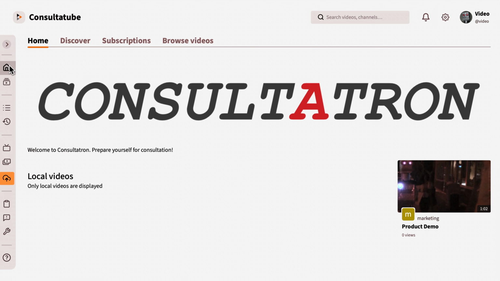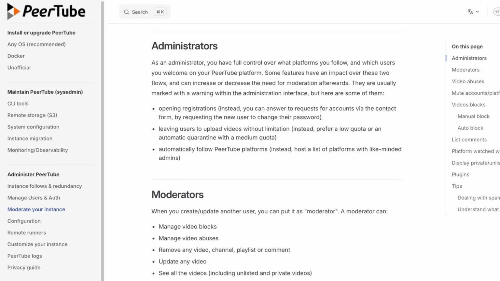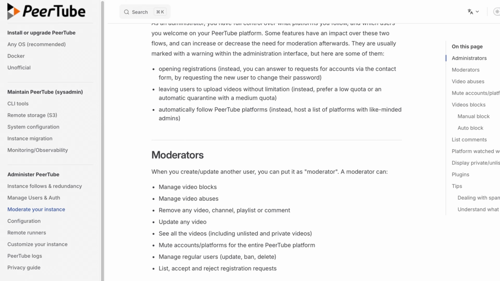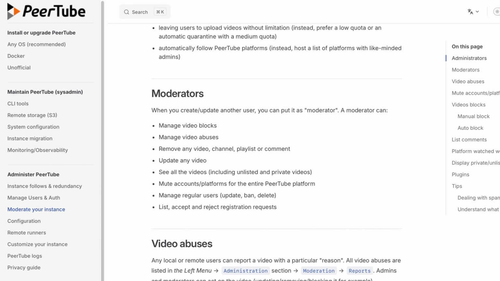From here, you'll want to start uploading videos and then probably do some tweaks based on your experience, having a look at the homepage and deciding, does this look the way that I want it to look? And as your instance grows, you're going to have to deal with more things like moderation and making decisions over whether you want to have user sign up or not. But for now, this is a pretty good basic configuration for a single user PeerTube instance or a group of people that you trust and know.